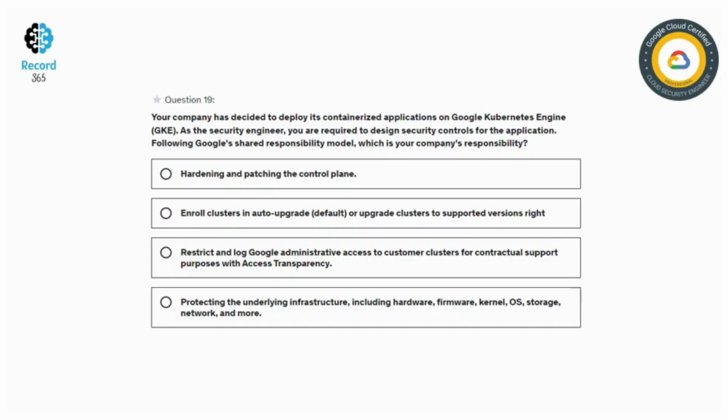The next question is, your company has decided to deploy its containerized application on Google Kubernetes Engine. As a security engineer, you are required to design the security control for the application following the Google shared responsibility model. So, which is your company's responsibility? The right answer is